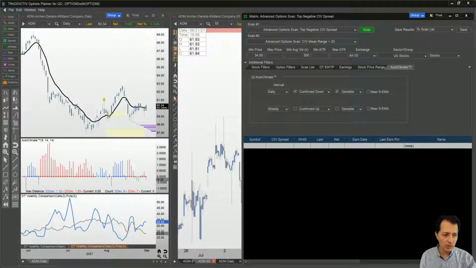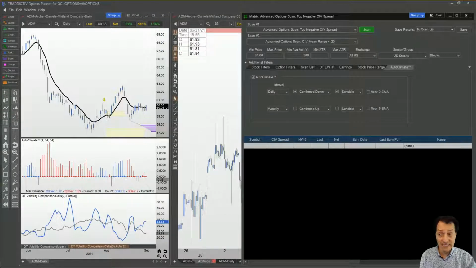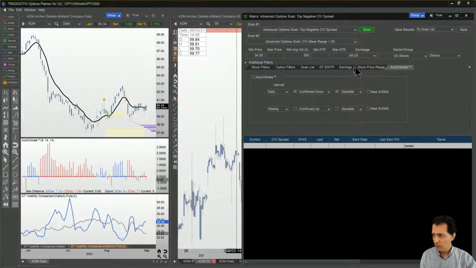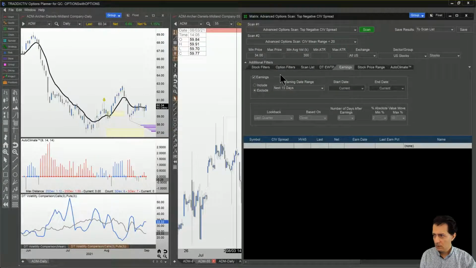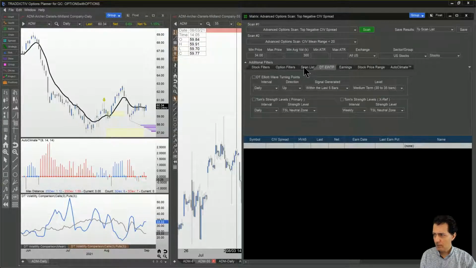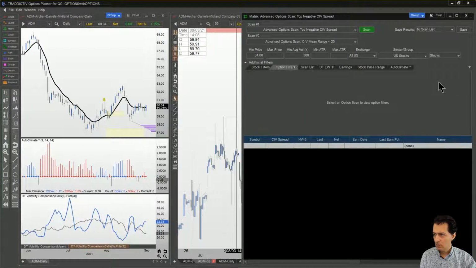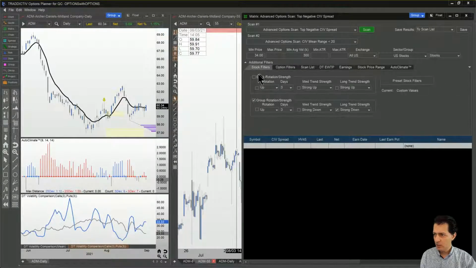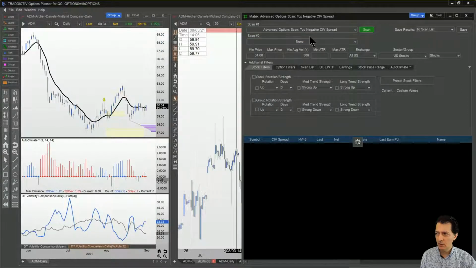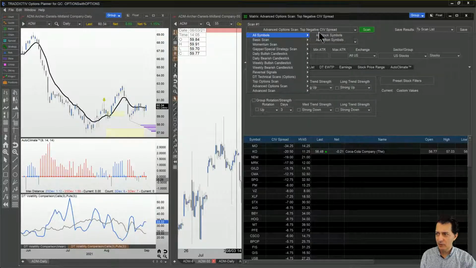Good. So we are going to be looking for an iron condor now. Okay, guys. So I want to uncheck everything, just so I start from 0. I uncheck everything. Here we go. Everything is unchecked, so I start from 0. And we are going to put together this iron condor, and as I put it together, I'm going to